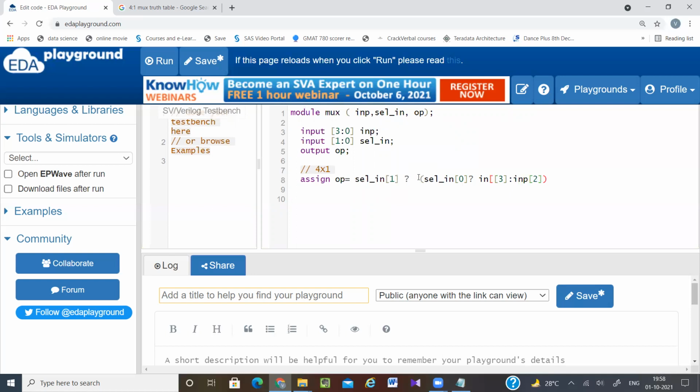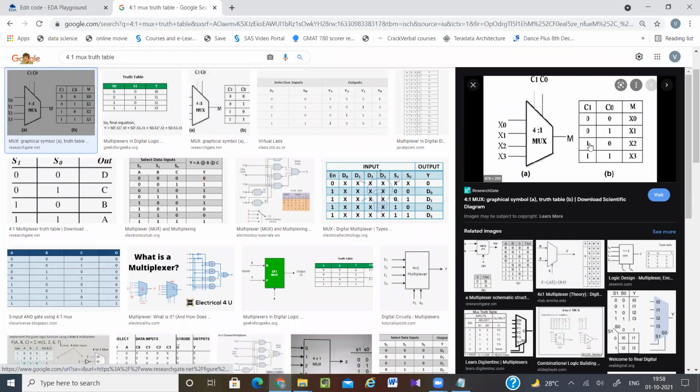So now here select_in 1 true, then select 0 true, false. So these 2 I have covered. Next I have to go select_in 1 false, then select_in 0 true and false. You can see whatever the things I have repeated, same things I am going to repeat here. But the difference is here select 1 is true, here select 1 is false.